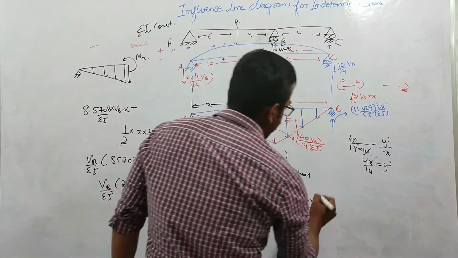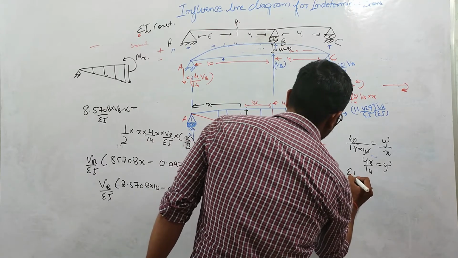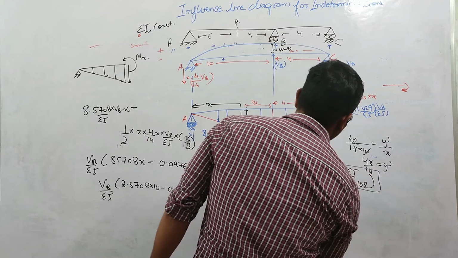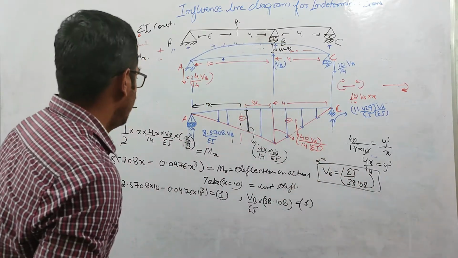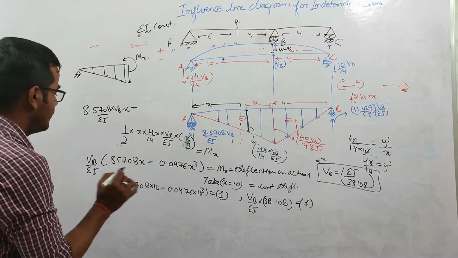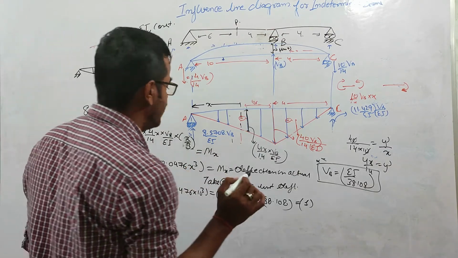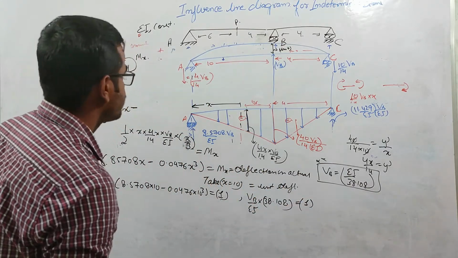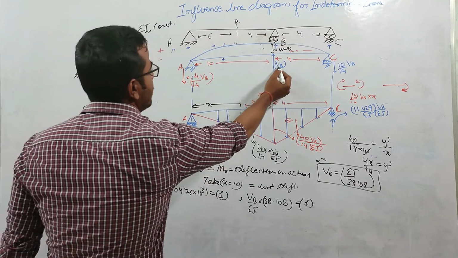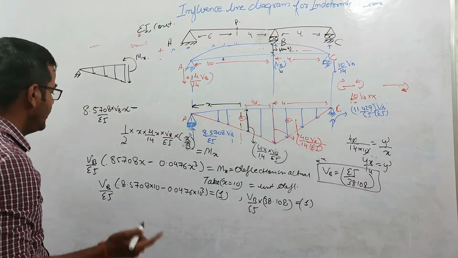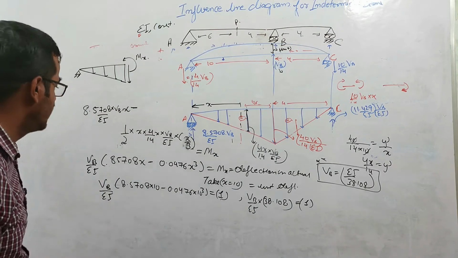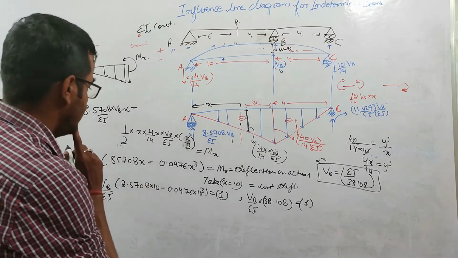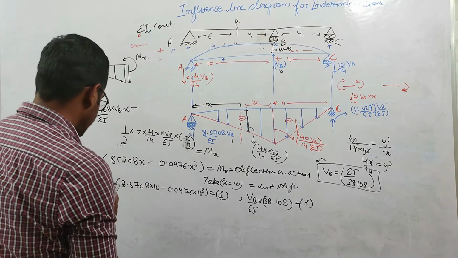So the value of VB which we are getting is EI over 38.108. Now I will put this VB value in this equation and find the equation for this deflection curve, because at this point VB we are taking as some external load, and we need to find the value of this VB. So if I put this value of VB in this equation, the equation will become